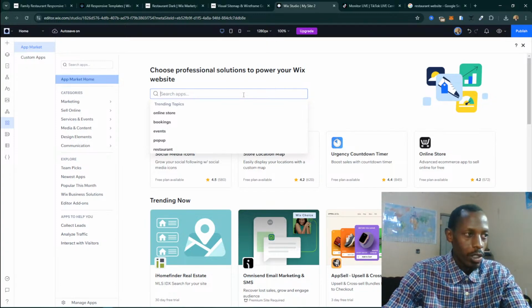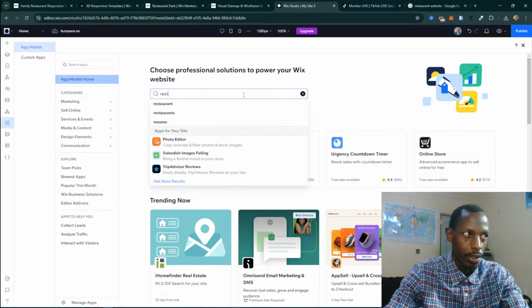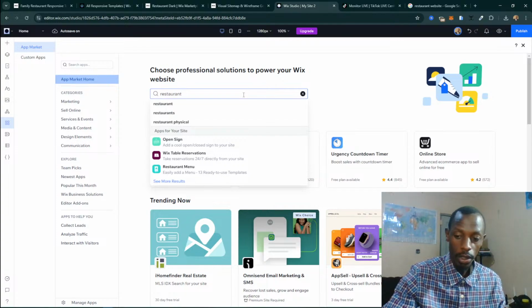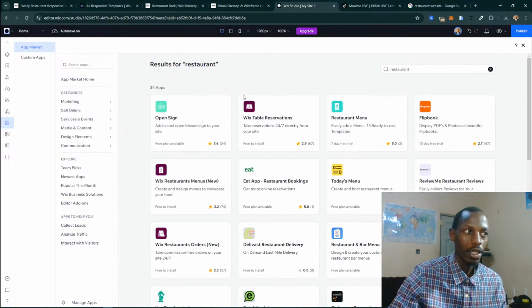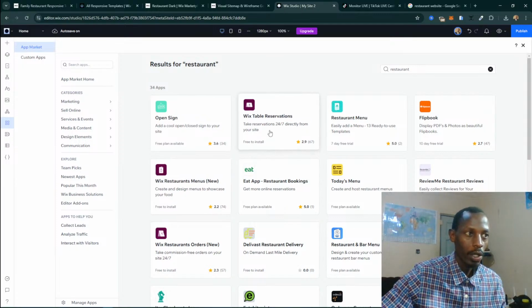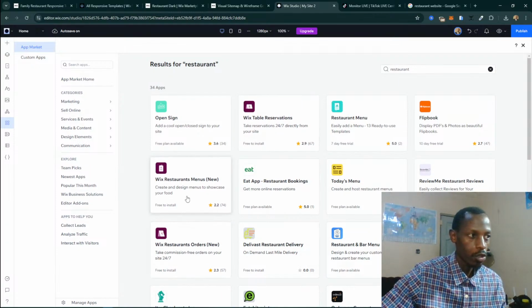So what we need to do is just search for bookings, or even better, you can just search for restaurant, and if possible, you can just type Wix restaurant, so that they bring up the exact Wix restaurants app, as you can see in this case here. Wix restaurants menu and Wix table reservations, Wix restaurants orders. So if you install one, I believe